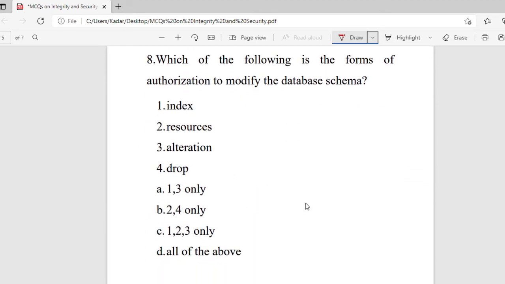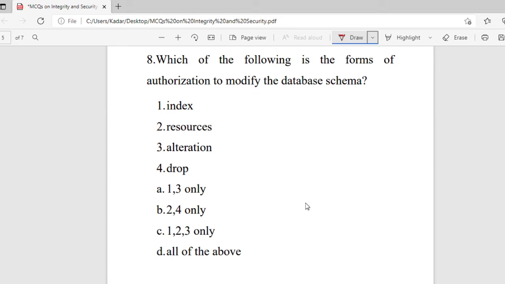Then the eighth question, which of the following is the forms of authorization to modify the database schema? Options are index, resources, alteration, drop. Then 1 and 3 only, 2 and 4 only, 1, 2 and 3 only, then all of the above.